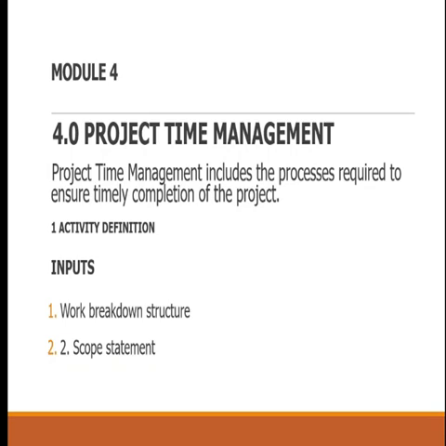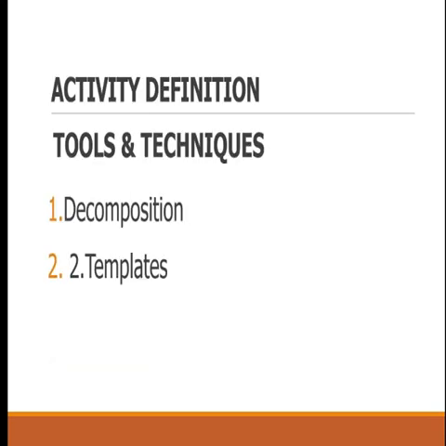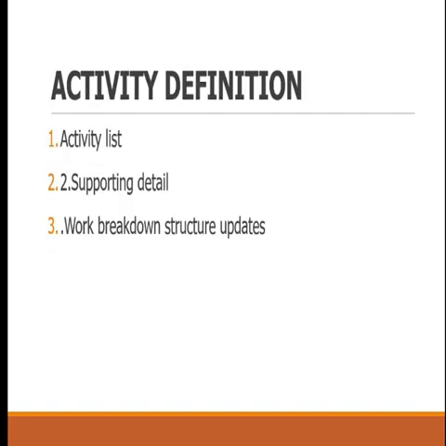Two, get your scope statement. Work to be done and the only work required to be done. How do you break down your activities? Look at it. One, use decomposition. We'll talk about that before. You don't have a template, which is number 2. Decompose. The same tool that we use in scope definition. You remember? The same thing. So I won't talk much about it. Now let's go to the next one.